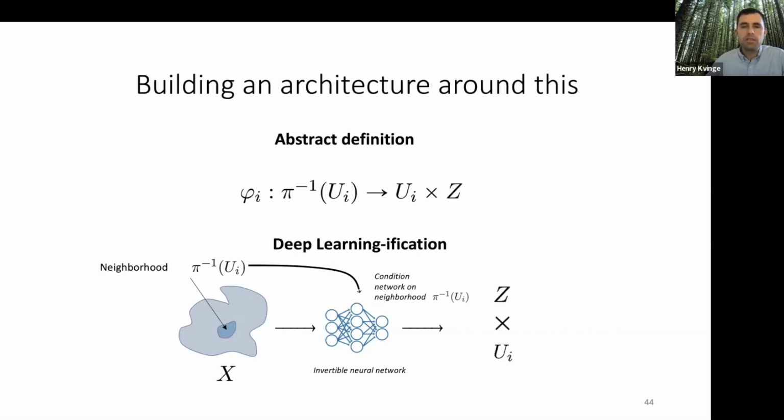So this process of taking these kinds of abstract structures and doing some sort of deep learningification of them is interesting. I find it actually to be kind of fun. But basically what we did here was, okay, you have many local trivializations. How do you encode that in the network? Well, we just added a conditioning vector. So some extra piece of data that came in with the input that informed the network: okay, I'm in neighborhood I, and now I need to change my weights accordingly to be some different function.